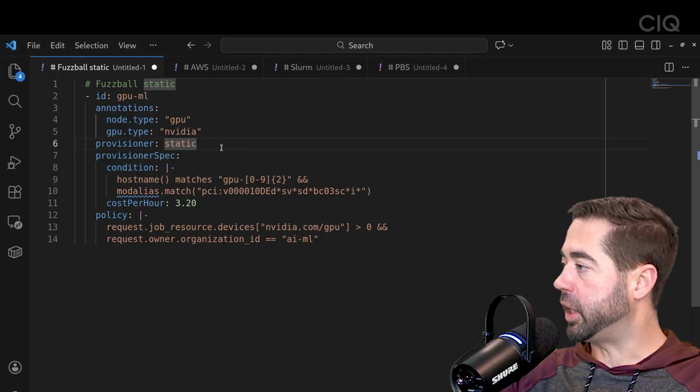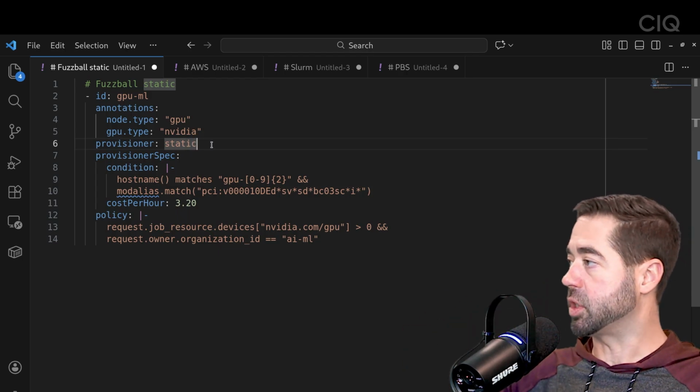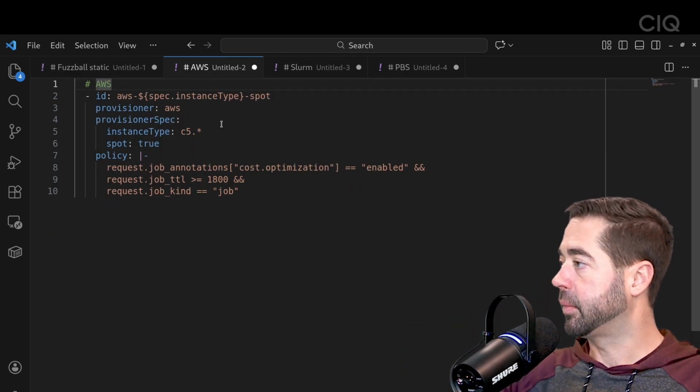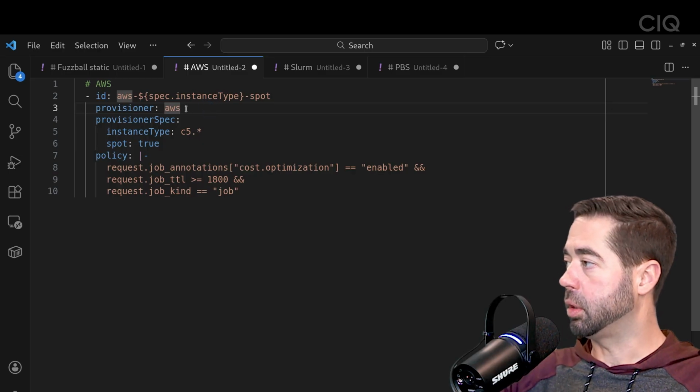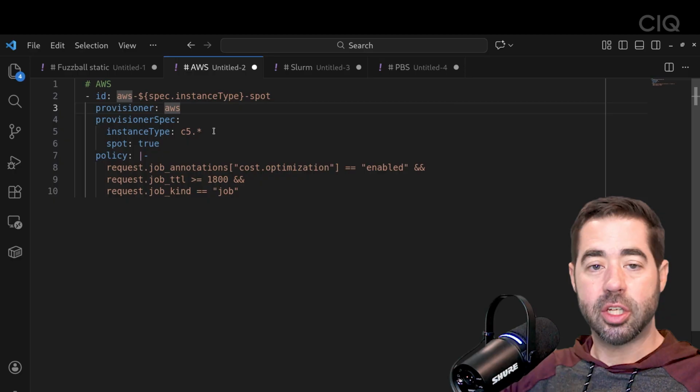Let's talk about integration. Fuzzball gives you the power and the flexibility to integrate with your existing hardware and tooling. For instance, you can choose how Fuzzball will provision computational resources for your users' workflows. The static provisioner keyword tells Fuzzball that you want it to provision resources for your users. The AWS provisioner keyword lets Fuzzball know that you should call out to AWS to request EC2 instances for your